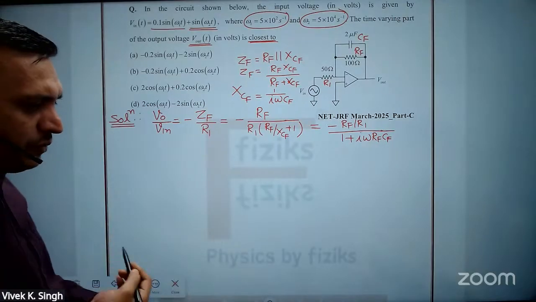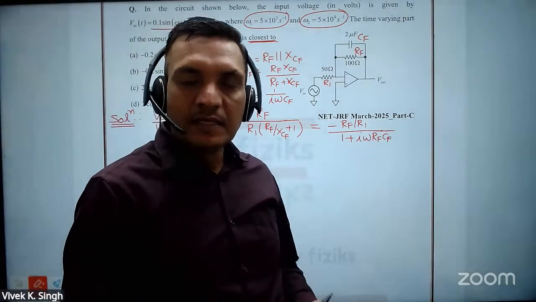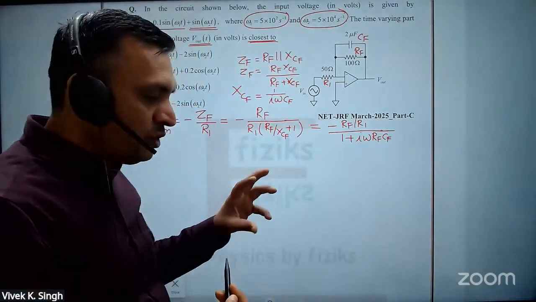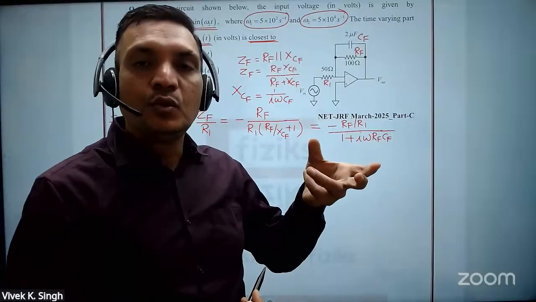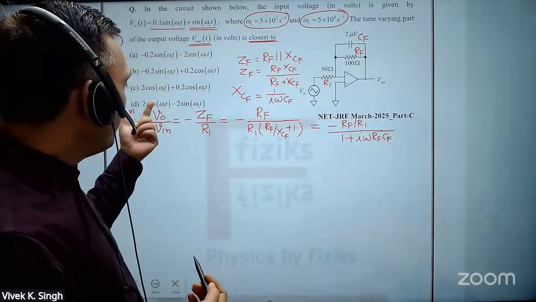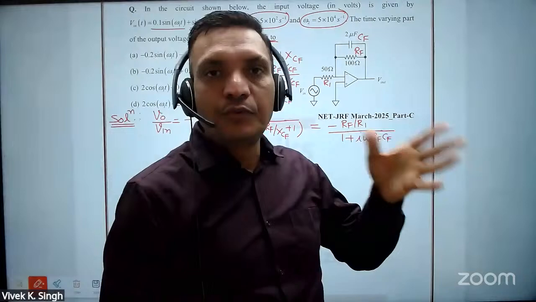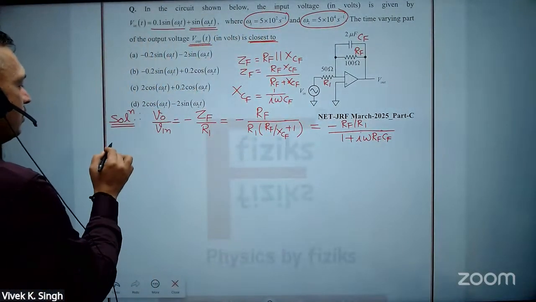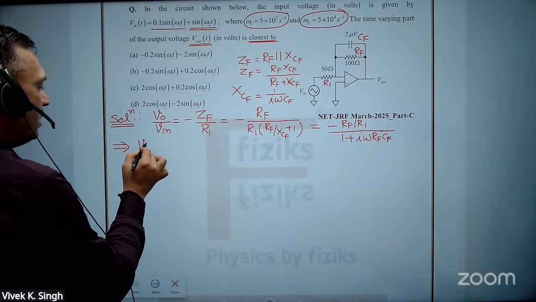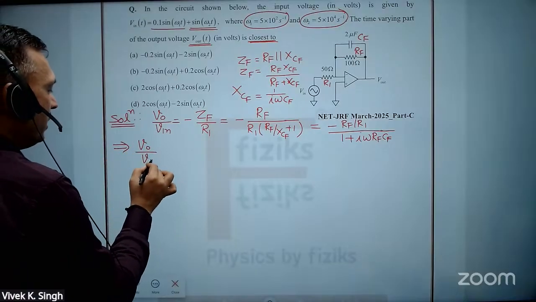Now, whenever an inductor, capacitor and resistor combination is given and you have to see the phase relationship, you have to write the output phase and magnitude relationship. Try to find VO by V input in polar form. In complex notation, you have to write it. So let's see, then this VO by V input is given by